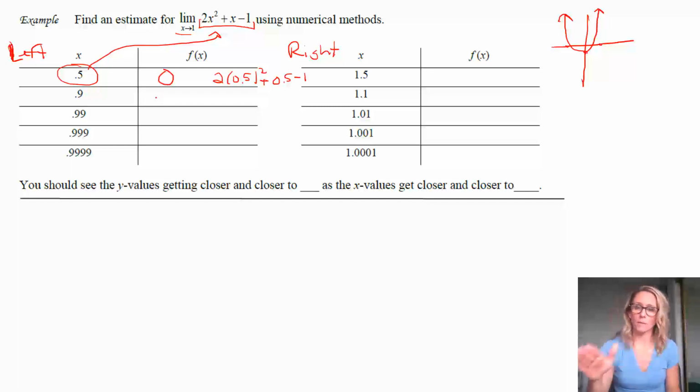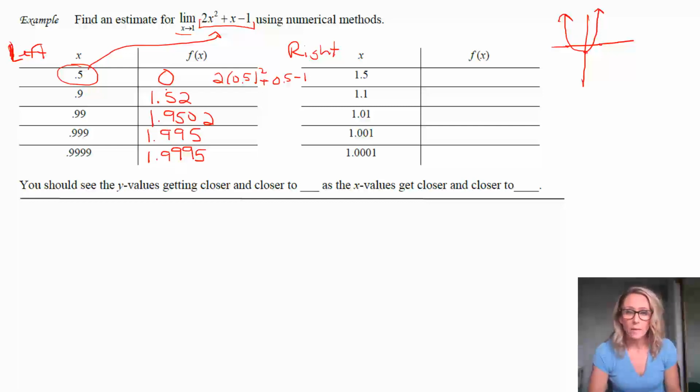And then again, if you want to pause and do these, go ahead and do that, and then come back and check your answers and make sure they're right. Being able to do this is important, and depending on what kind of calculator you have, it can go faster or slower. Okay, so these are the values that come out when we put in those values for x. The whole idea about estimating is taking a look and saying, are we getting close to some number? And it looks like we're getting pretty close to 2 from the left-hand side.